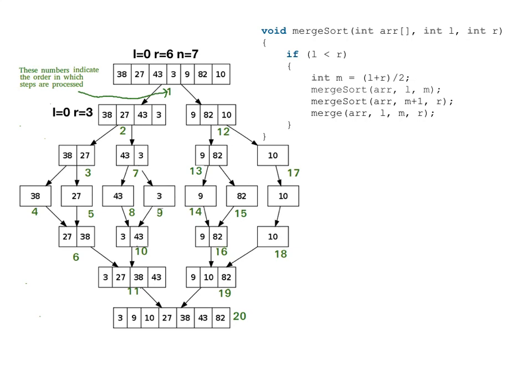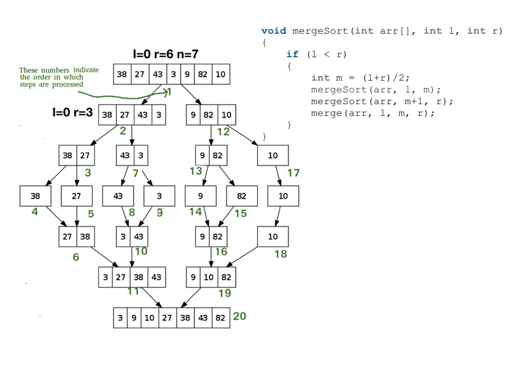And then what you do is, if you look at the algorithm here, as long as the left is less than the r, you find the mid element, l plus r by 2. Then again recursively call merge sort with l and m. So you have the first array, then the second array is m plus 1 comma r, and then eventually you are going to merge the array with L, M and R.